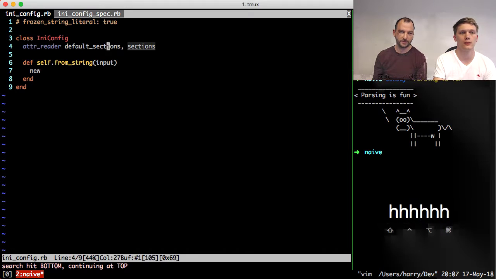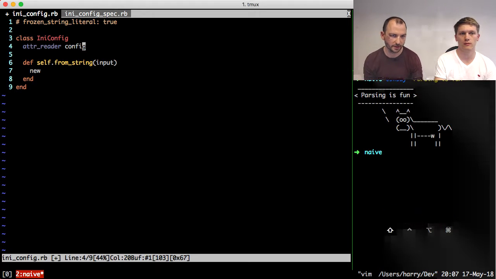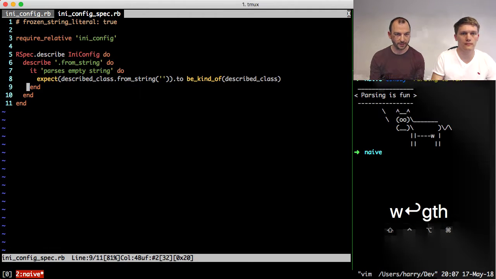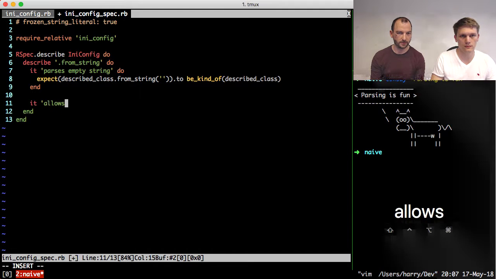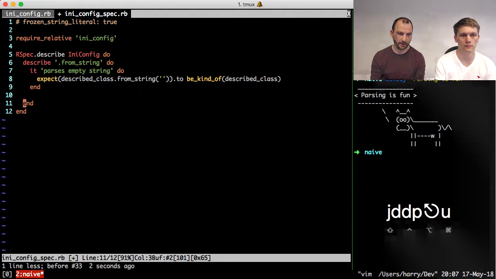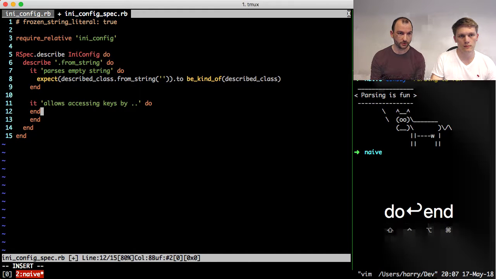Okay. So in the first episode. If we go back to the test, I would imagine something like it allows accessing keys. Do we want method names or do we want hash symbols? Basically, that's the question. By, to be decided, and then we do